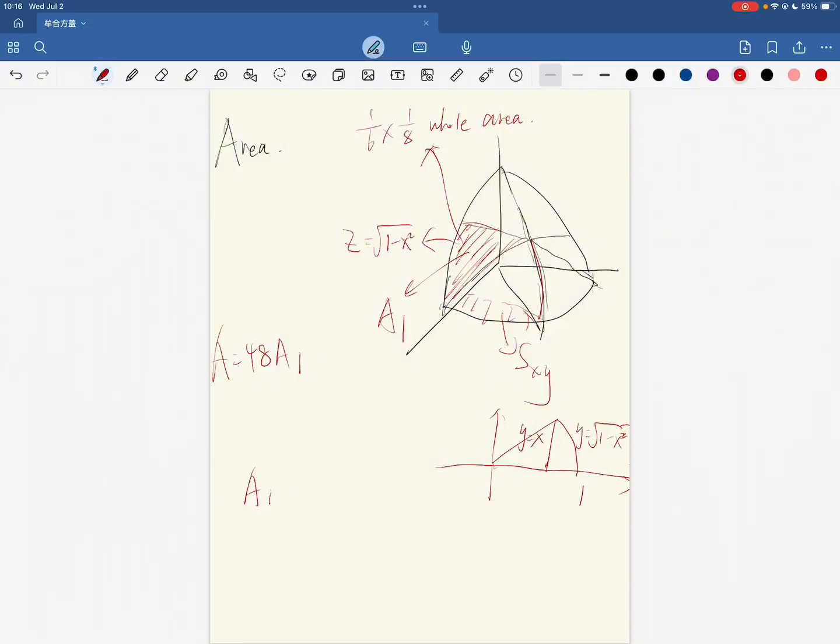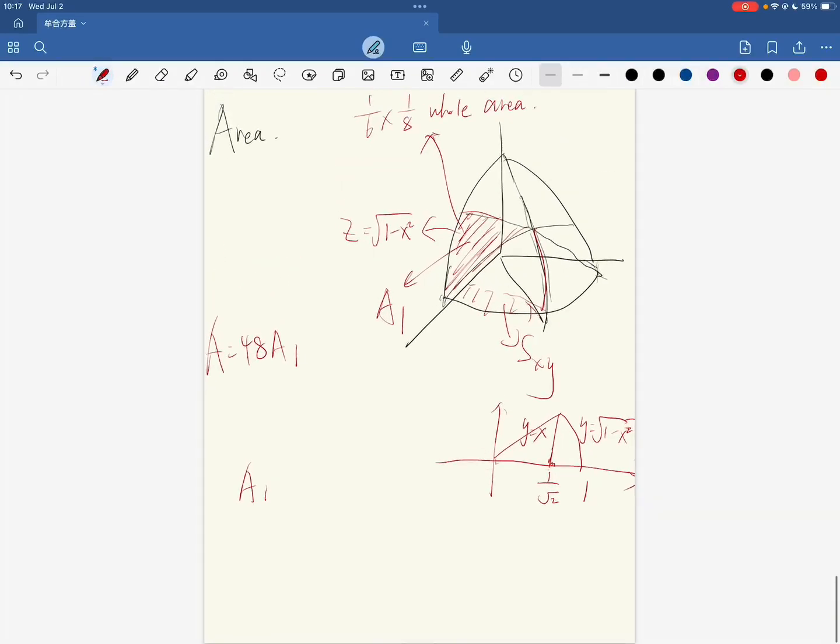This is y equals x, so this is just 1 over square root 2. For this part, since it's not easy to integrate, let's integrate this instead. And A1 equals